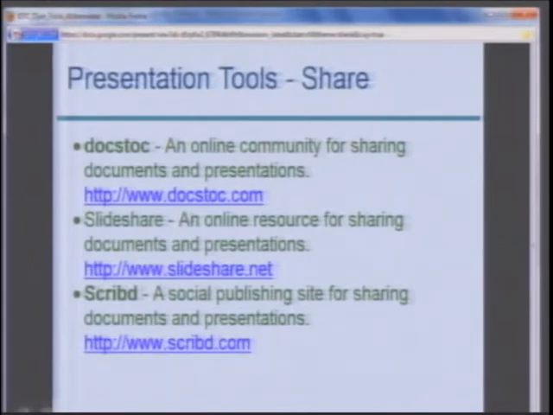Once you get your presentations done, you'll want to find places to store them so other people can get to them and they're not just on your computer. Several resources are available: DocStock, SlideShare, and Scribd. All of these have different levels of annoying advertising involved, but they are ways to share, especially SlideShare, where you can upload a presentation and easily include it in